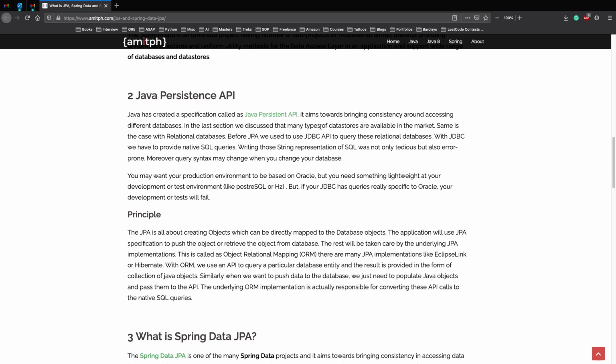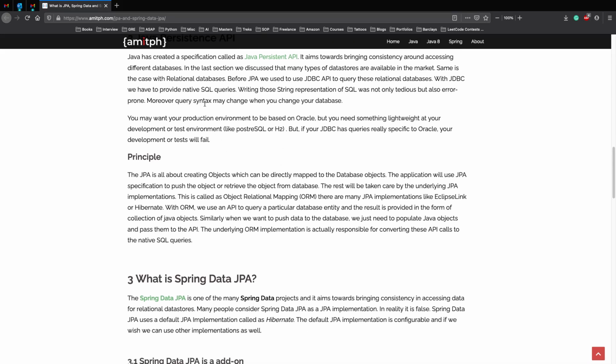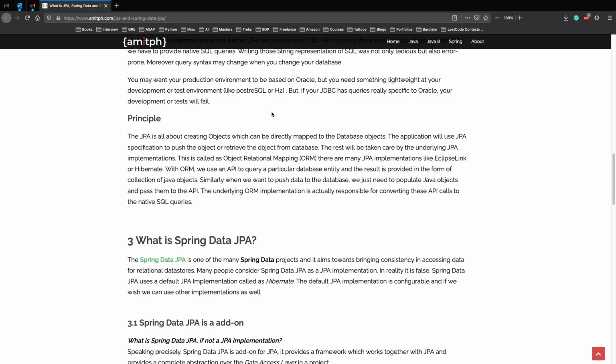So before JPA, as we said, we used the JDBC API to query them. With JDBC, we had to provide native SQL queries, and we had to write those string representations of SQL queries, which was not only tedious but error prone. And obviously, the query syntax may change when you change the database. So MySQL and Oracle might have some differences in their syntax, and you'll have to manually change or rewrite the queries when you actually use them as your database. So now,